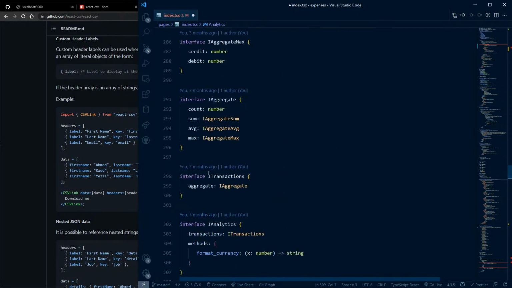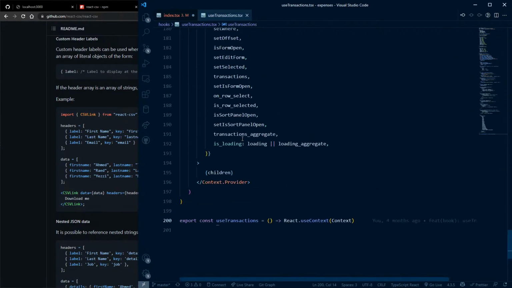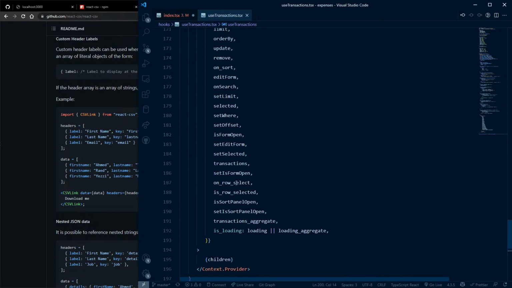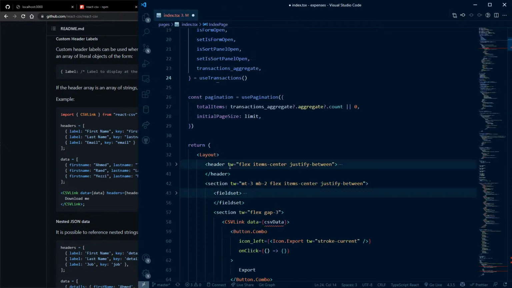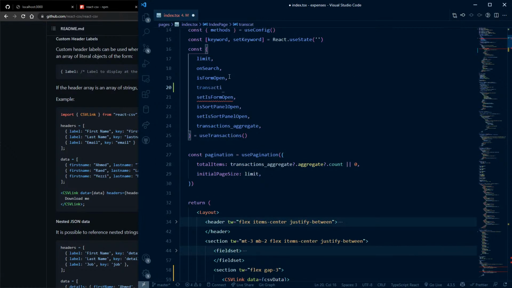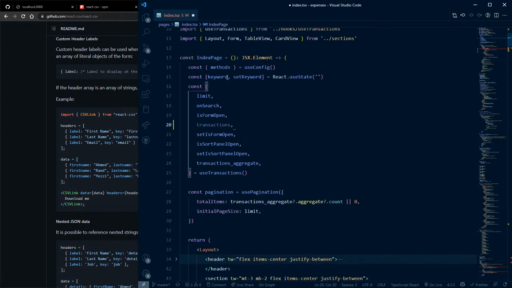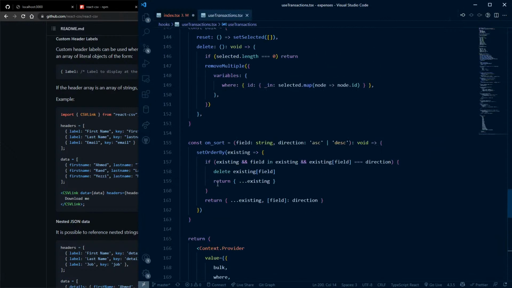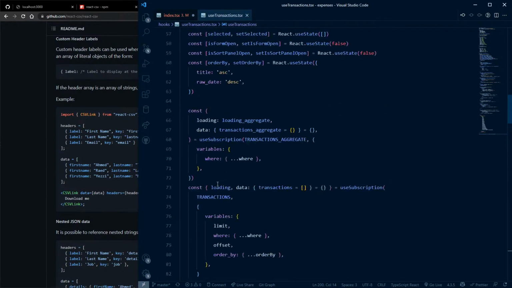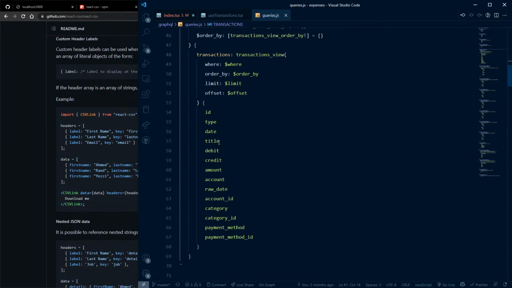Is it just aggregate? What's that? Does it export transactions too? Yeah. Transaction. So I have the transactions now. The transactions have, let's see what all data does it have. It has type, date, title, debit, credit, amount, account,